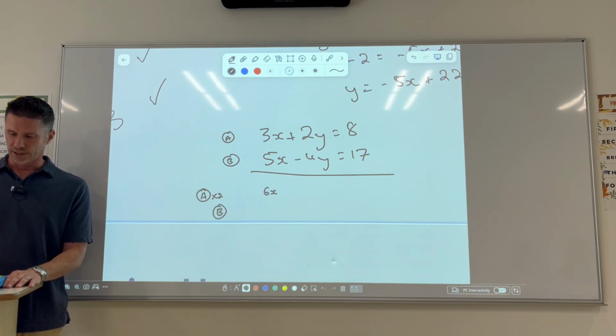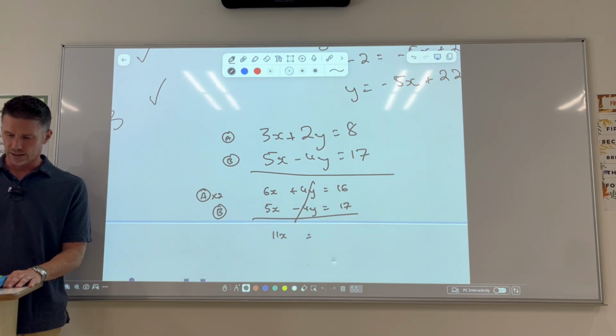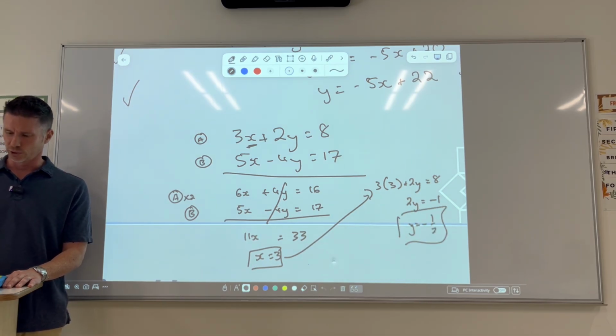That's 6x doubling this line plus 4y is equal to 16. And we have 5x still. I haven't changed that second line at all. That cancels out. Add down, I have 11 x's. 33, x is 3. That's half my answer. The second half, if I sub in, I'm going to pop it into this. I should have an answer for y. I think that gives 9. What is it, minus a half? If I get minus 1 over here, so that's 9. 8, take away that 9 gives minus 1, so y is negative a half. Both solutions, a point each for both solutions. Okay, so